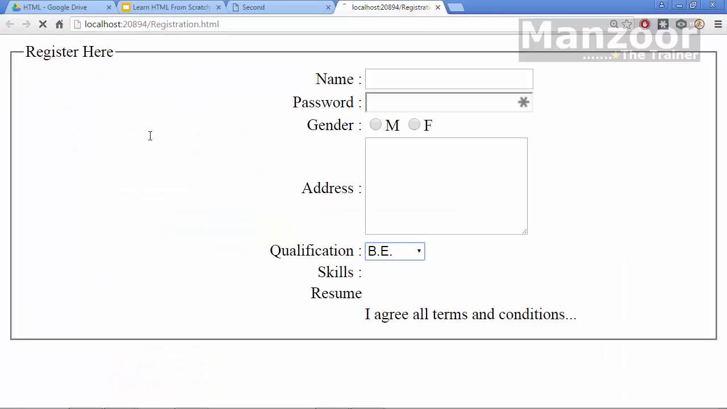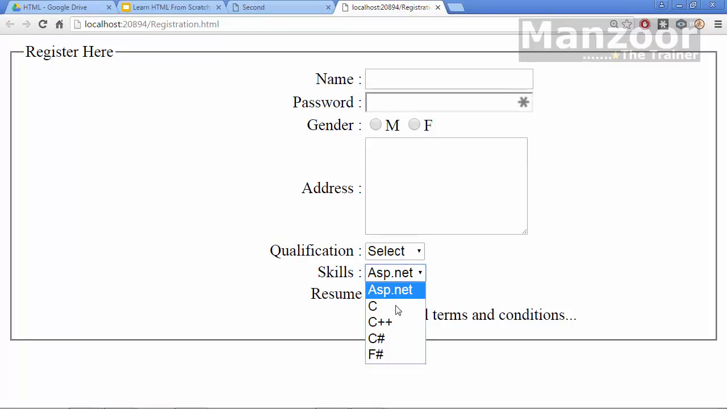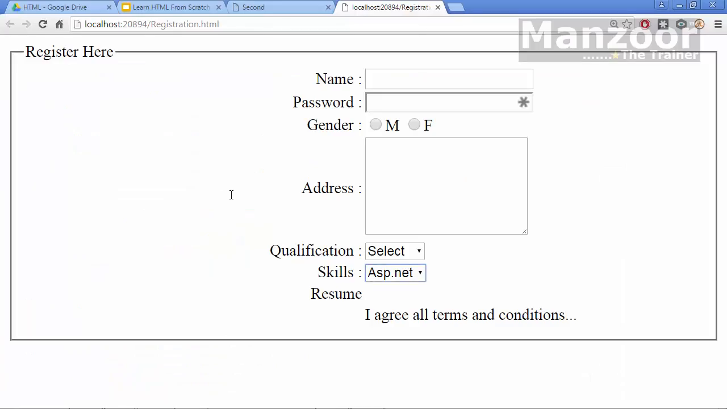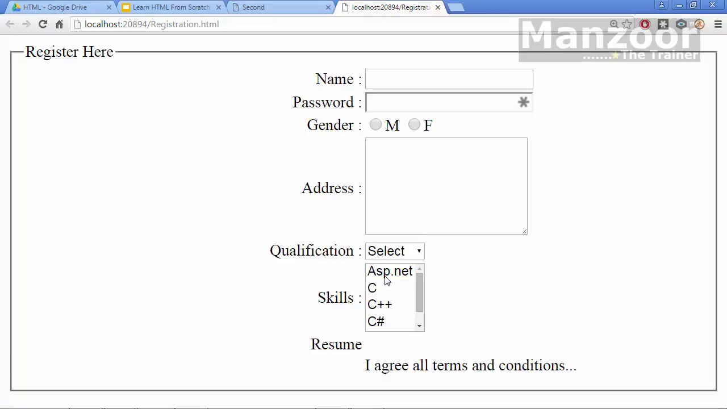Now if I press F5, you find another drop down list, but I don't want it to be a drop down list. I want it to be a list box. So I need to add an attribute to this select tag, that is multiple equals multiple. That's it. It should allow me to select multiple items. Now it becomes a list box. I can press Ctrl and select multiple. Next